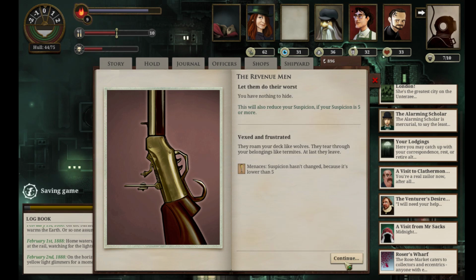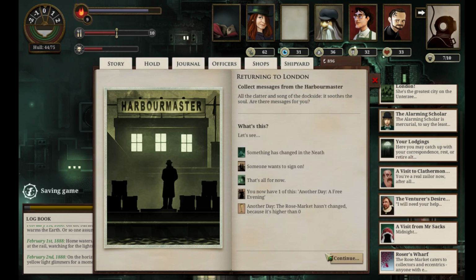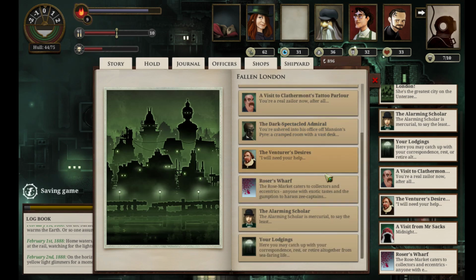Yeah, I don't have anything scary, so I'm going to dump it here. Collect messages for the Harbour Master. All the classroom song on the dockside is smooth as salt. Are there messages for you? Okay,